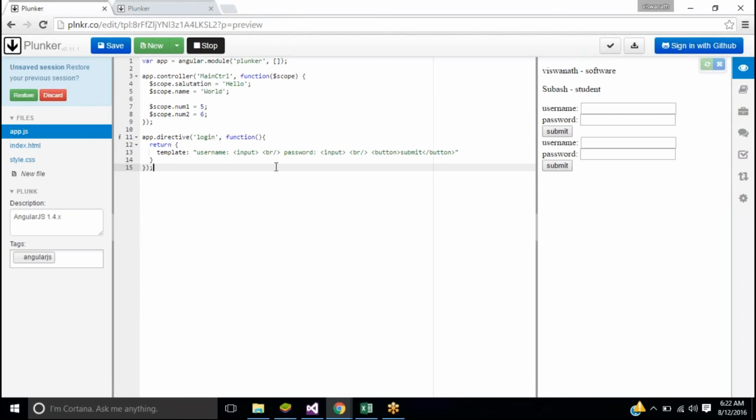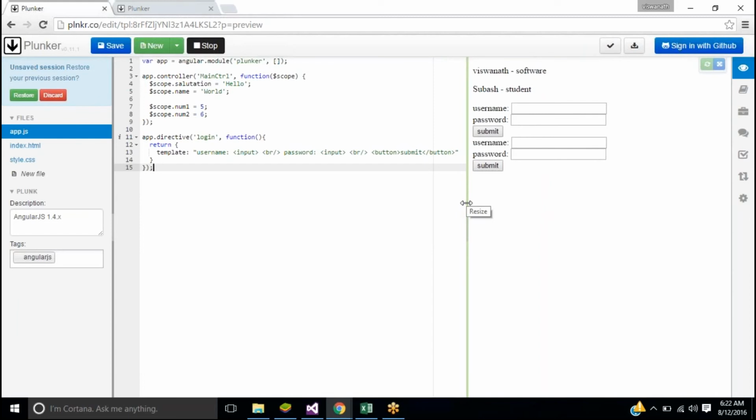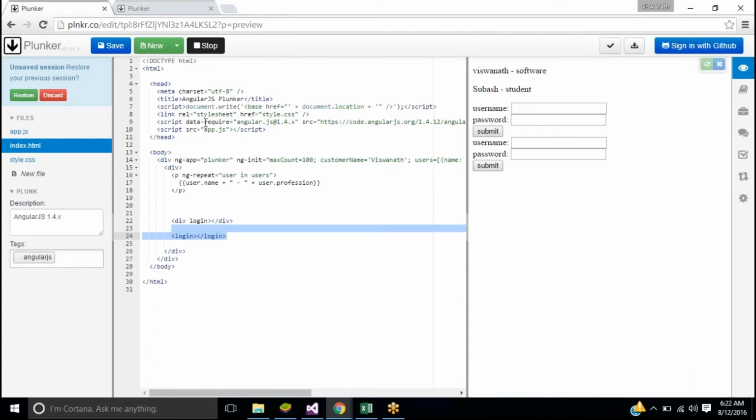Most of the third-party libraries work like this. Let's say you want to create a custom to-do app directive, and if you are not able to export it outside, people can't use it, right? So what you can do is create the entire project like this and put it in a JS file, and export it outside. And whoever wants to use it will include the JS file here, right? Then they'll get the power of that particular stuff. I'm just giving you an idea, but the point is you can export your directives.